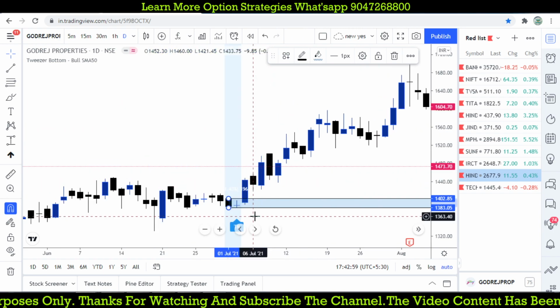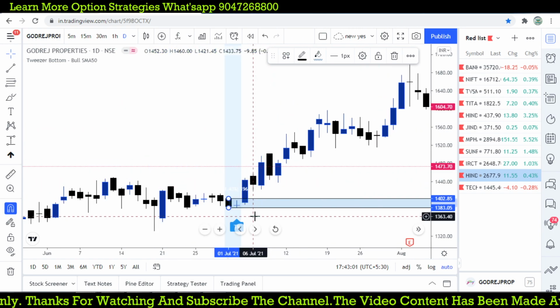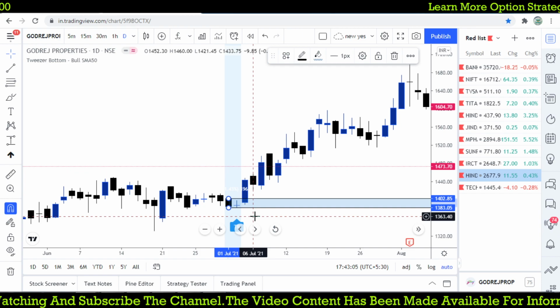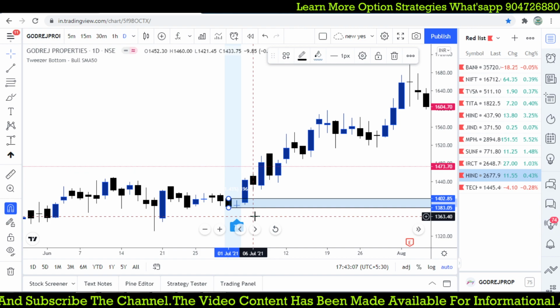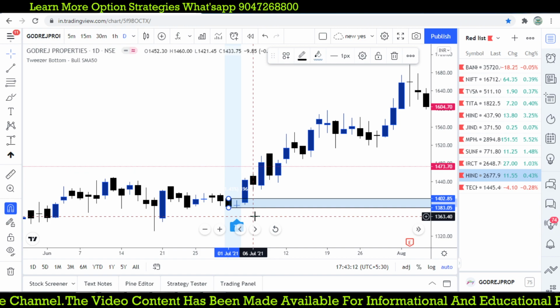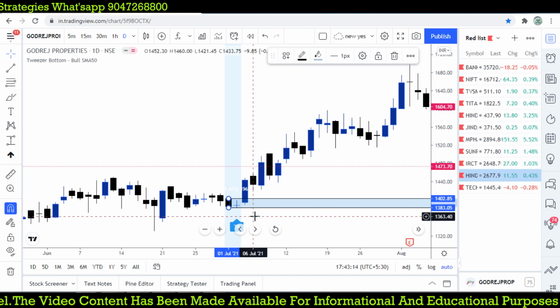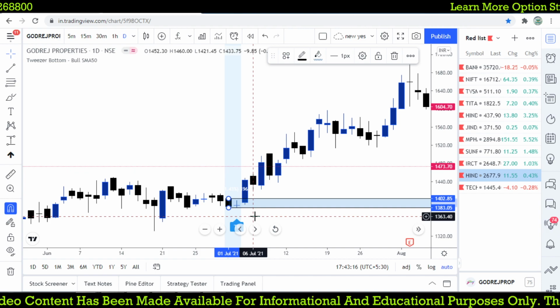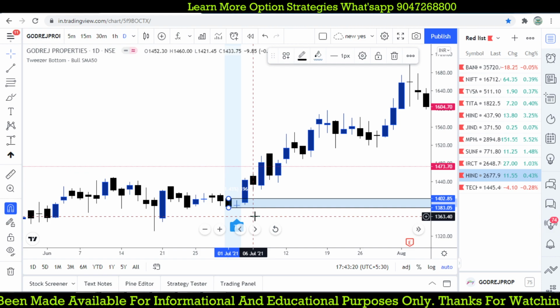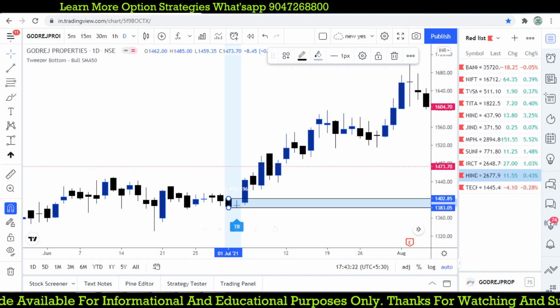So this candlestick pattern, we can use for our swing trading also. Most of the people are asking for swing trading indicators. There is nothing like a swing trade indicator. So what does swing trade mean? Whenever the market makes a low, we will find a buying opportunity. When the market makes a high, we are going to find a selling opportunity. We can use this indicator as a swing trade indicator that will give you a great intraday profit.